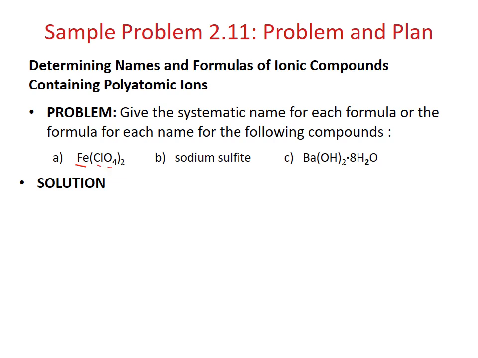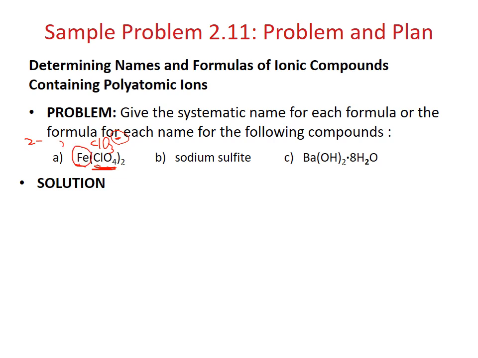From the table, we know that ClO3 negative is called chlorate. One more oxygen is perchlorate. So this is a perchlorate with one negative charge. Now you have two of them, so the total negative charge is 2 negative, and that indicates iron is